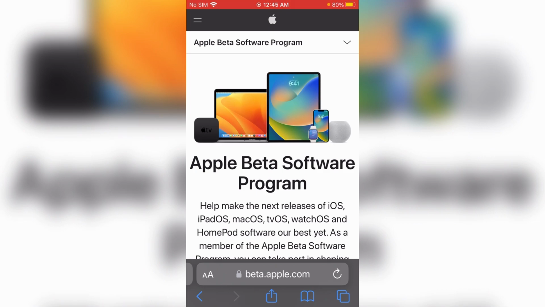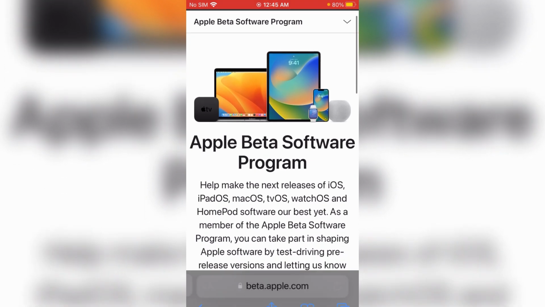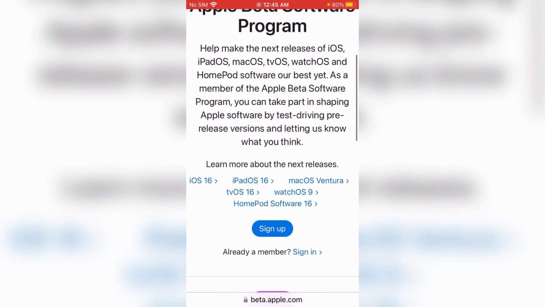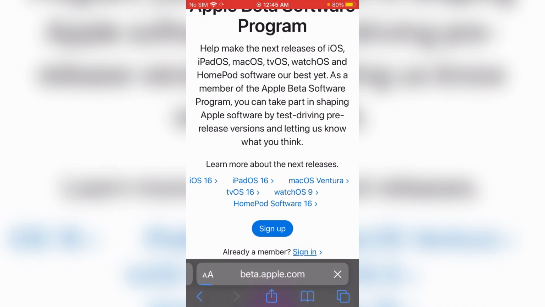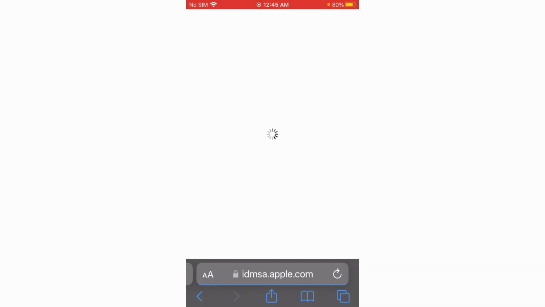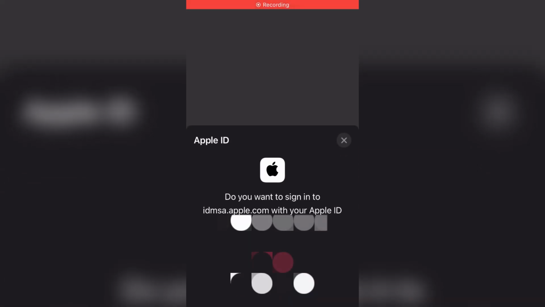Appears on screen, Apple Beta Software Program. Just scroll up, and as appears on screen, if you are new there, then go with the sign up option, and if you already have an account, then go with the sign in option. I'm going with sign in. It will ask you for a password. Give your password,